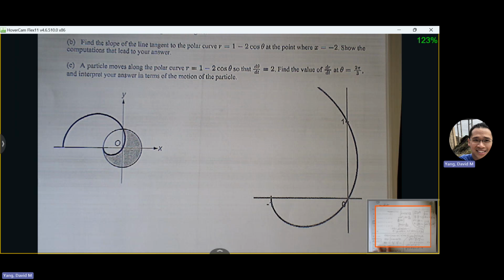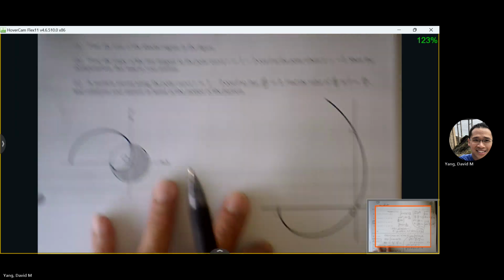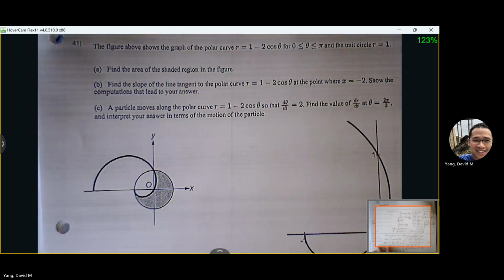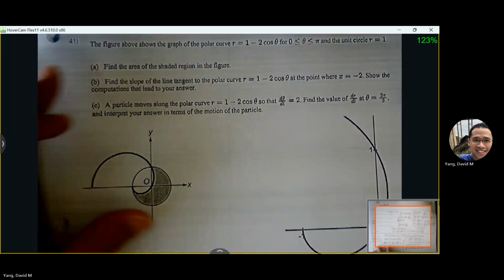Okay, here's page 19. Or just give me 5 minutes. All right, so